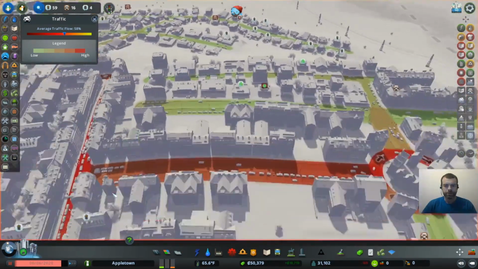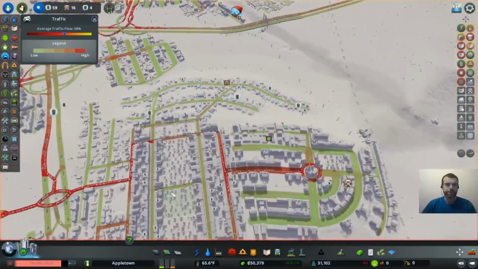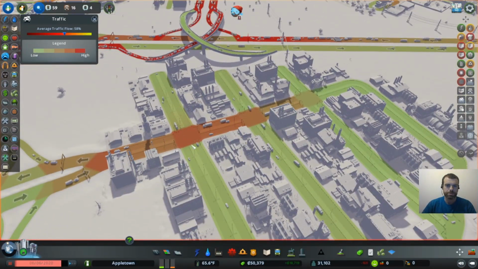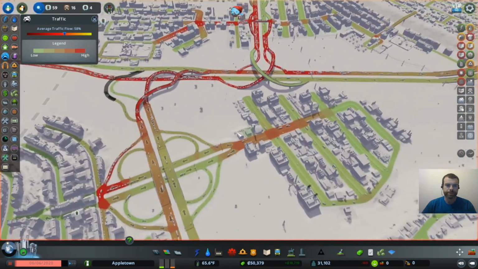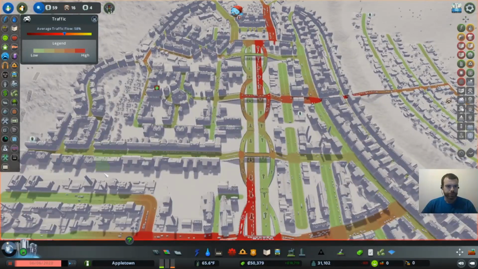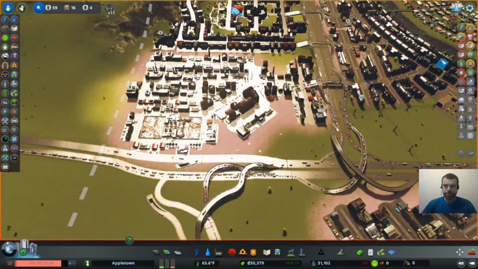These cars are not moving fast at all, which means they're going to build up as we progress. Other red areas, perhaps not so bad. For example, this isn't a very big queue here, but it may become worse. This is probably an example of an area that's red, but not too bad. On top of that, there are a few other issues in the city. If we go to our garbage,